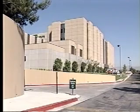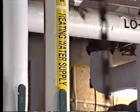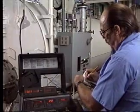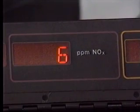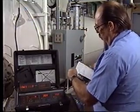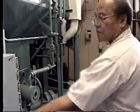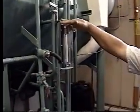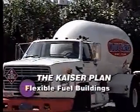Nitrogen oxide emissions are dramatically reduced by radiant infrared burners for hot water, sterilization, heating, and steam absorption air conditioning. Powered by gas, they emit fewer than 9 parts NOx per million, less than a fourth of even the tough Los Angeles standard. During peak electric utility hours, running steam absorption units with natural gas or propane instead can mean substantial savings. In what are called flexible fuel buildings,